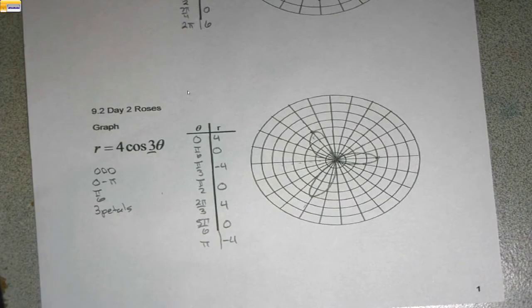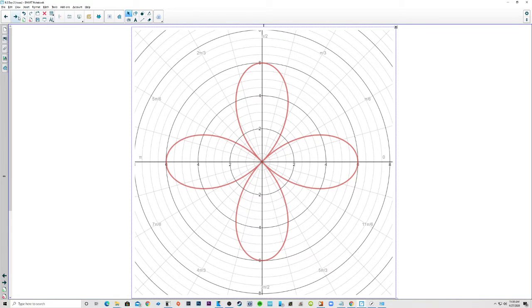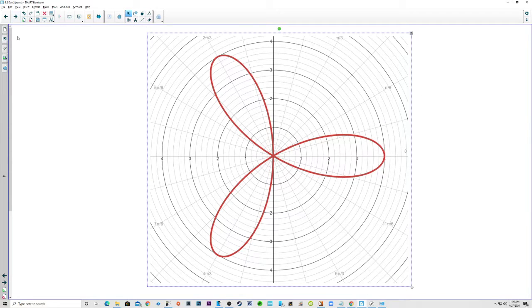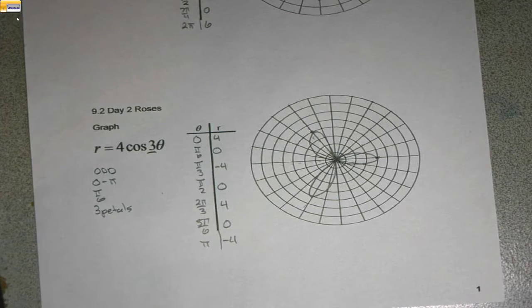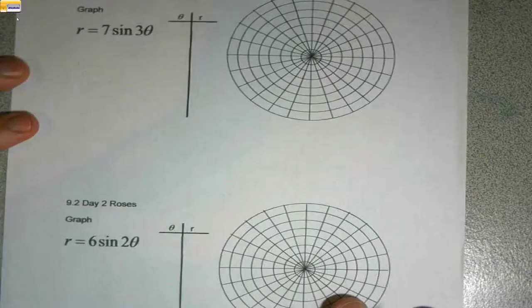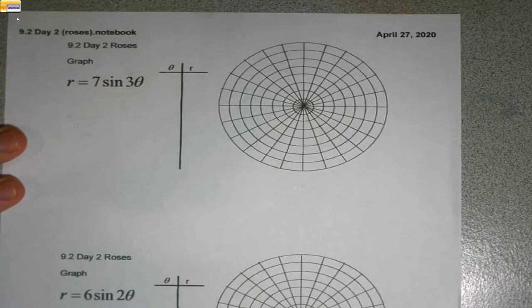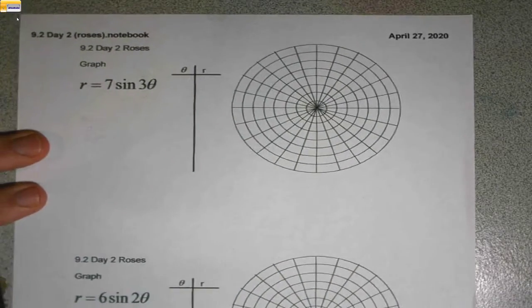So let's get a nice version of that. There it is, right there. Here's the next one. We're going to do the same thing, except instead of cosine, we're going to look at, well, what does sine